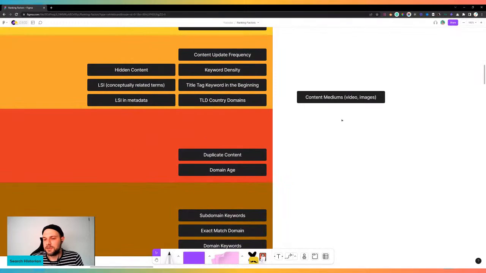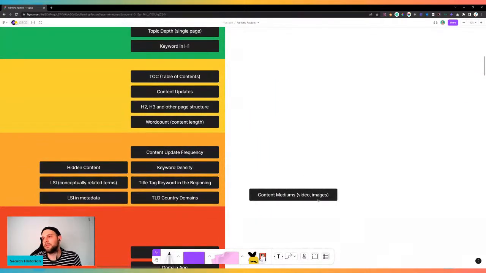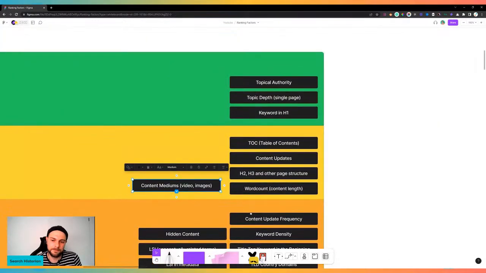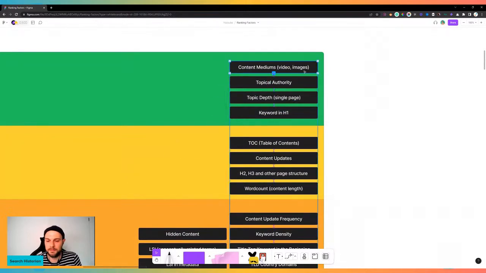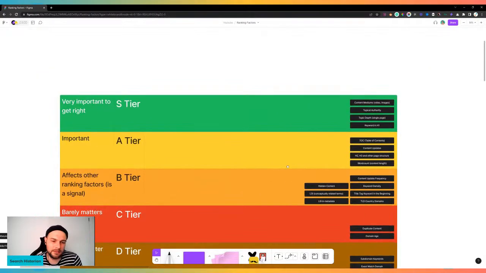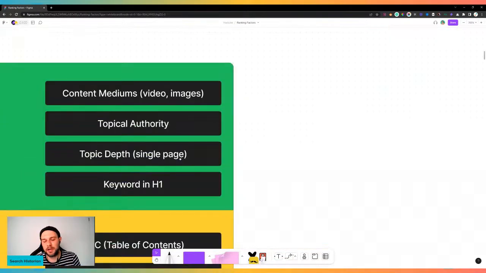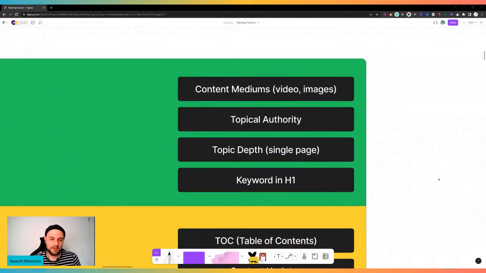Content mediums. So using different types of content when it matters. Yeah, sure. You know what? Actually, I'm going to put it here. I thought maybe A tier as important, but I think it's S tier because people want to get information. Some information is better shown visually. Some information has to be a video, a lot of things. And producing content the way it needs to be,